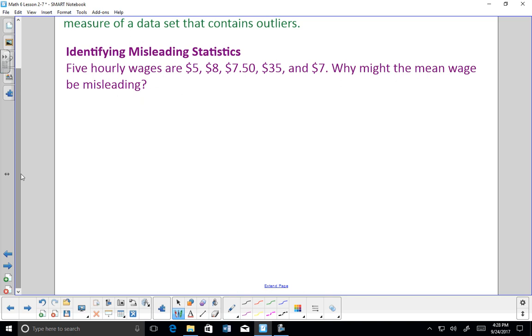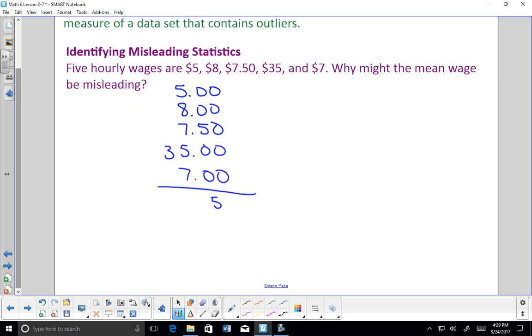Well, let's take a look at the mean wage. Let's figure out what the mean wage is. Remember, to find our mean, we have to add up all our wages, and then divide by the number of wages we have. So we have to add 5 plus 8 plus 7.50. You might want to make sure you're lining up your decimal points here. $35 and $7. Okay. If I add all these up, let's see here. 5 and 5 is 10, and 14 is 24, plus 8 is 32, so I get 62.50,